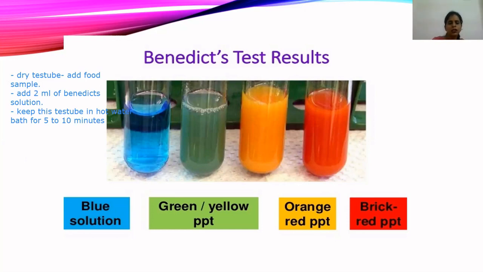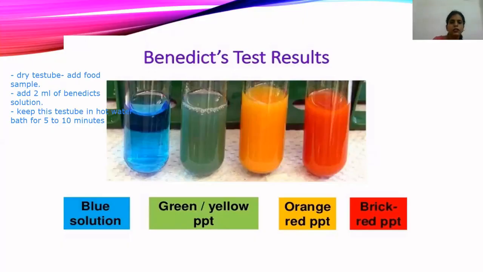So I hope you guys are clear with the test for starch and the test for reducing sugar using Benedict reagent. And remember, these two tests are very important, because on these two tests sometimes we get questions in our paper number 6, that is alternative to practicals. Take care. In the next video we are going to learn about fats and proteins.